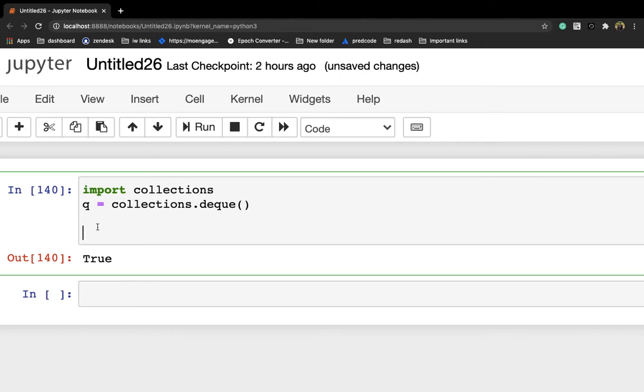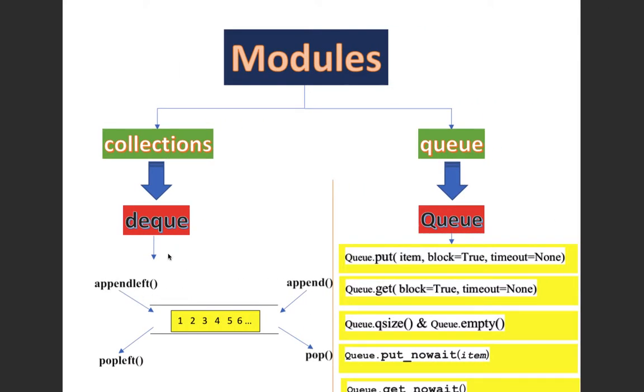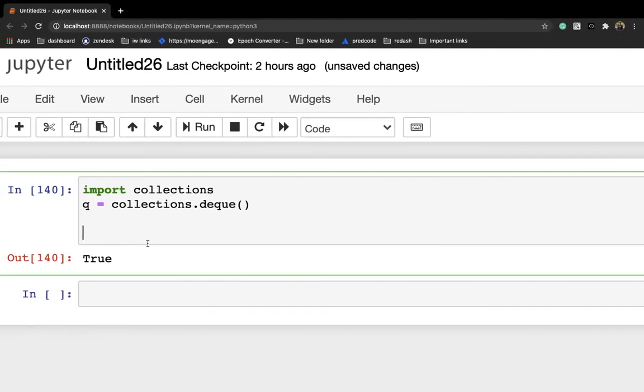So let me remove this. To push something to the queue we can use the appendleft or append function. If we are using appendleft we need to call the pop function, and if we are using append to push something, we need to call popleft to remove the existing element from the queue. So let me show you q.appendleft.